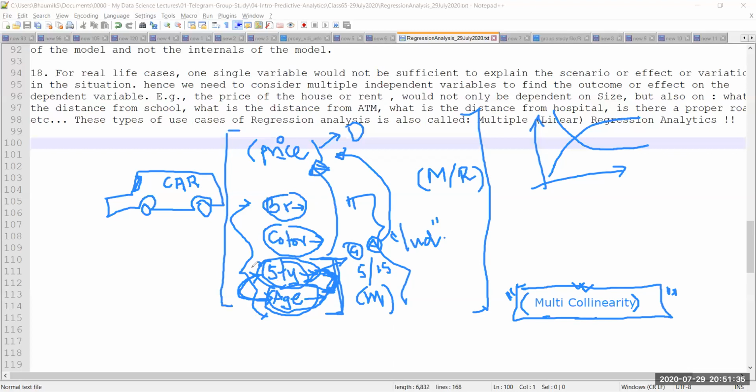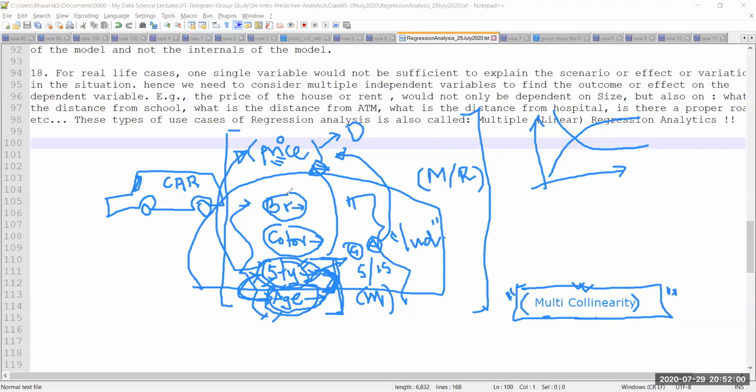Right? Had it been the case I had only one variable for which I'm doing a simple linear regression, let's say, or in case of a multiple linear regression, let's say I ignored the age, I only took the first three variables, then age will not have any effect on the style, and hence